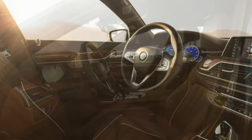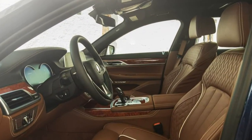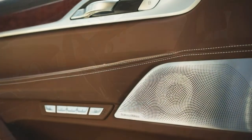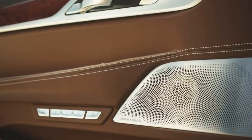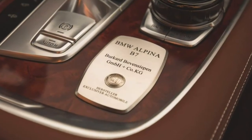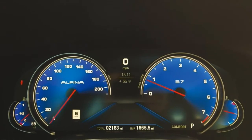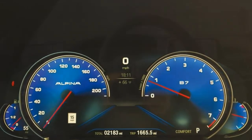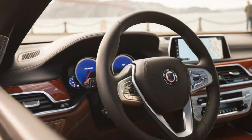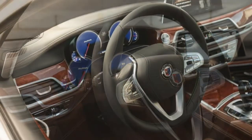Alpina prioritizes refinement versus the all-out performance found in vehicles from BMW's M division. That doesn't mean the B7 is slow. Its turbocharged V8 still cranks out a sweet 600 horsepower, or 1 horsepower shy of the output of the M760i's turbo 6.6-litre V12. In your search for supreme luxury, you will find a few competitors that supply similar amounts of